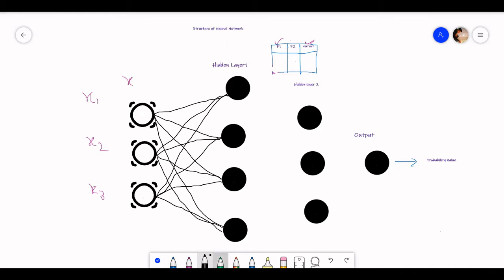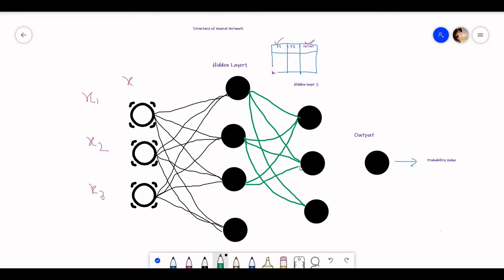Similarly, hidden layer 1 will be connected to the neurons of hidden layer 2. In our hidden layers, we can have any number of neurons, and in our neural network, we can have any number of hidden layers. This is also connected with this, and this is also connected with this.